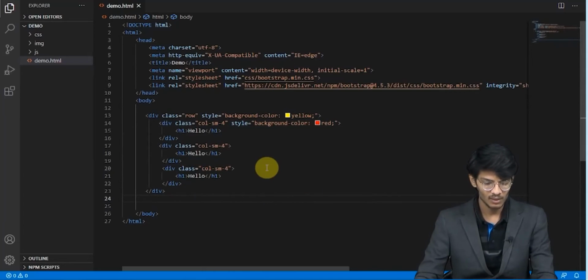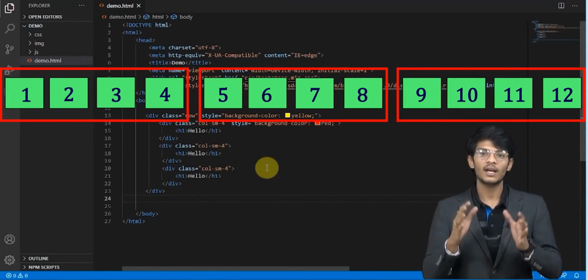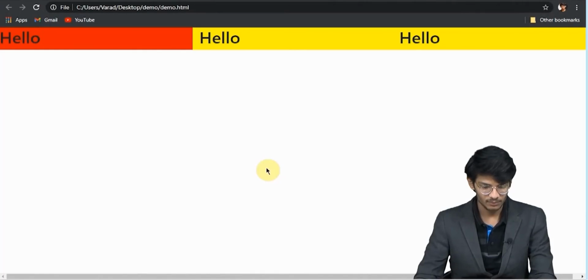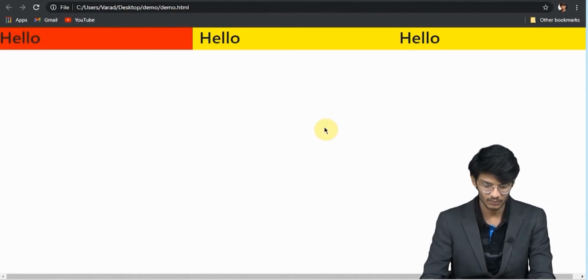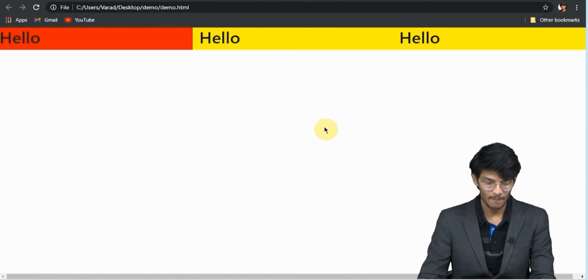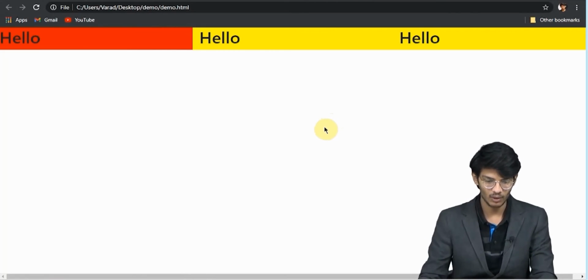So what happens is, if we copy this and we go to these other columns, these 3 columns of span 4, 4, 4 total 12. So let's see what happens now. Okay, this is the difference. Now let's just see what happens.